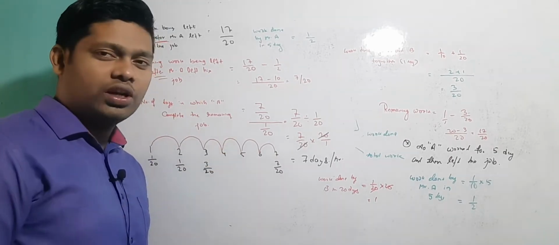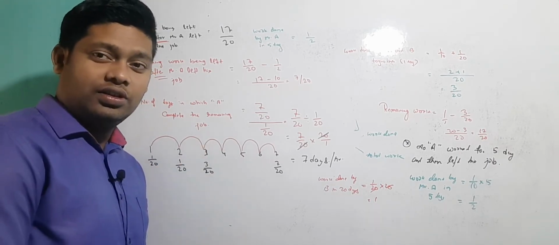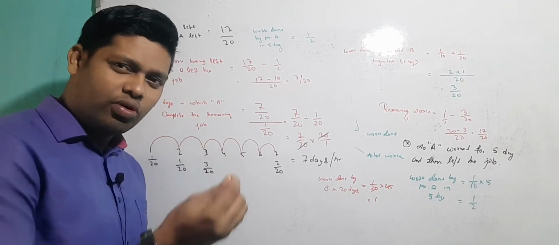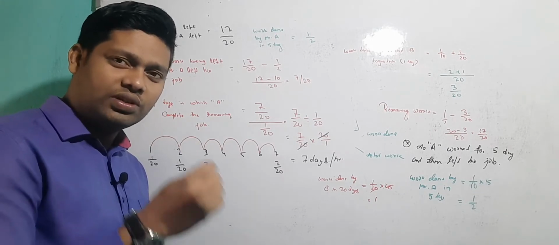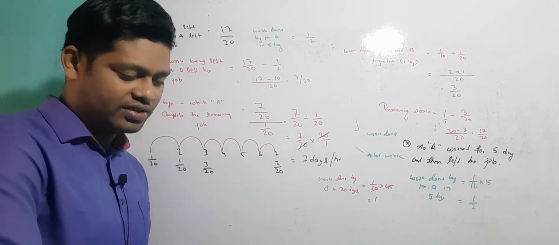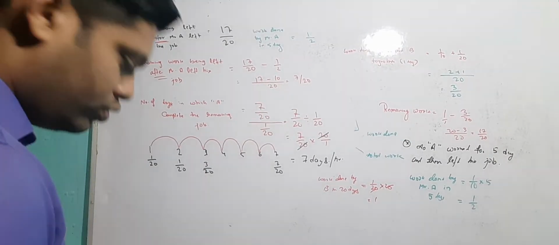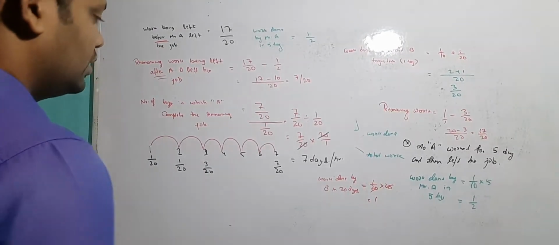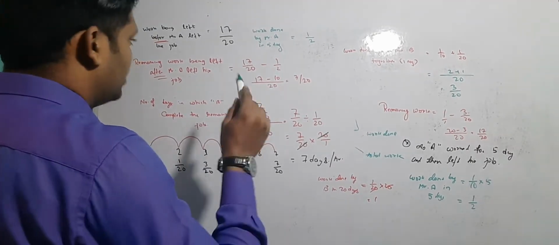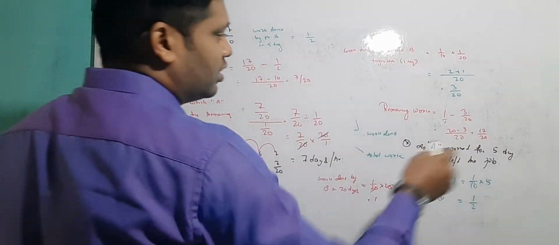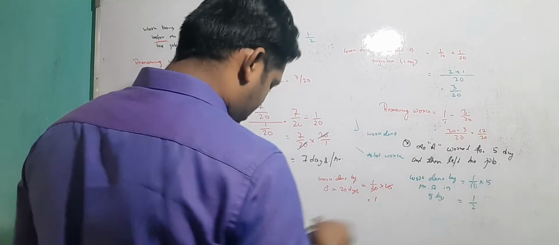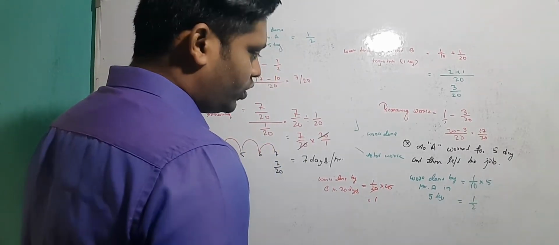One more point is also left: what about the money? The remuneration. I told you remuneration means the amount or the salary or the wages which a person has to be paid for the job he has done. Okay, now, so you understood? So it means that Mr. A has done how much of the job? Mr. A did, wait,